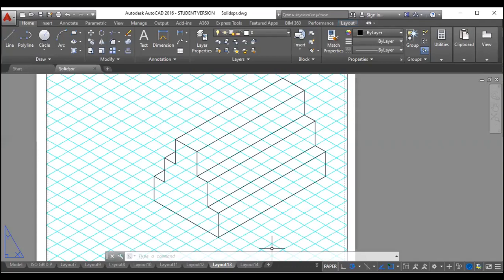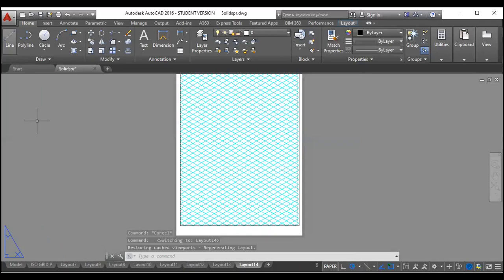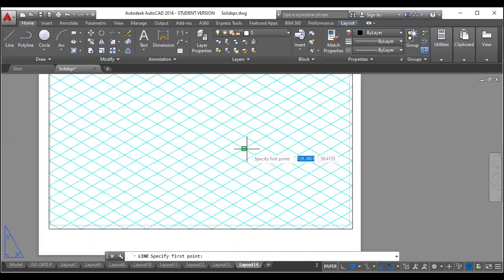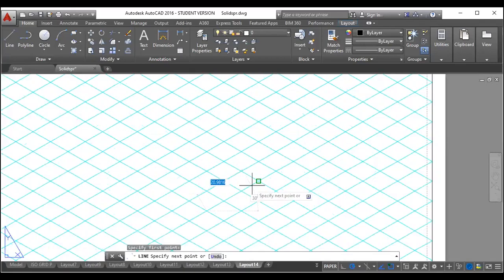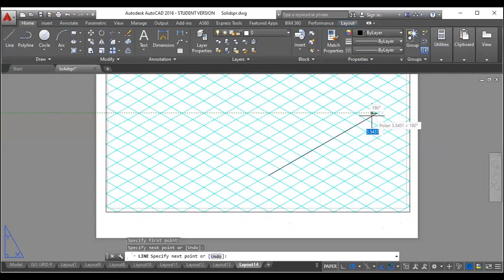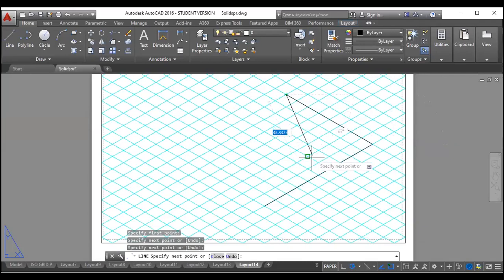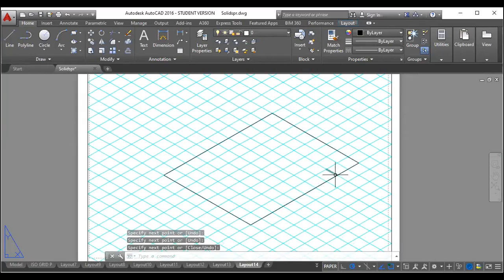So coming to layout, different layout. So it is a rectangular slab of 100 cross 80. So let me start. You can take 100 on one side, 80 on one side. It is up to you. So I'm taking 100 on this side. So this is 100, and then 80 on other side, 80. So this side also it will be 80. And then back to 100. So this is 100 by 80.